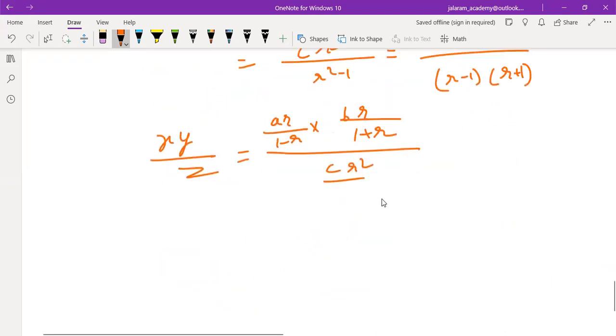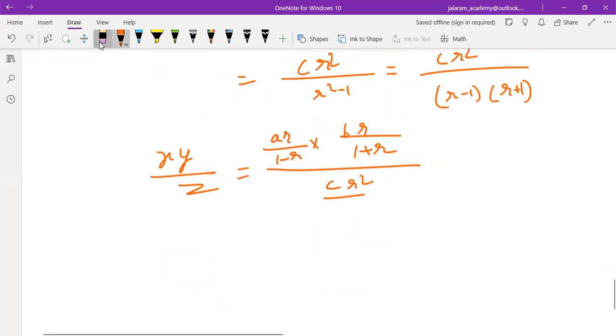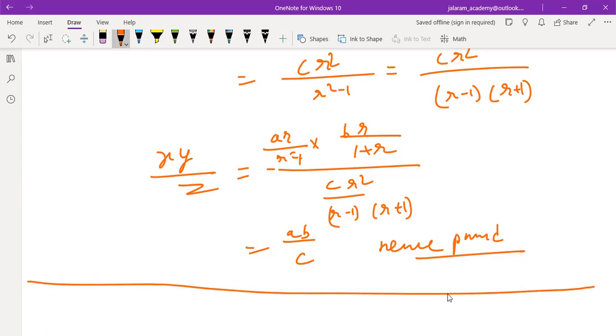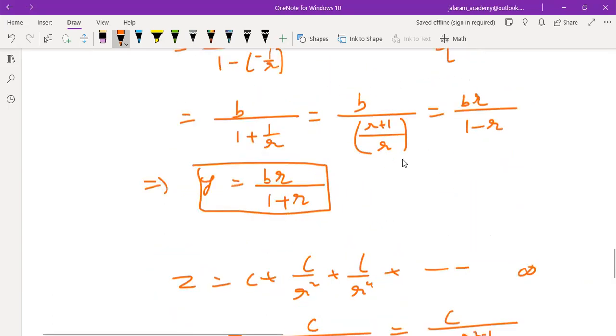So we can find our mistakes also. You must have understood that we have proved the identity. All the denominators will be cancelled out, all the r's will be cancelled out. So the answer is ab by c. Hence proved. Hope you have understood this also. So continue to solve these questions and ask your doubts. We will discuss them in the next class.